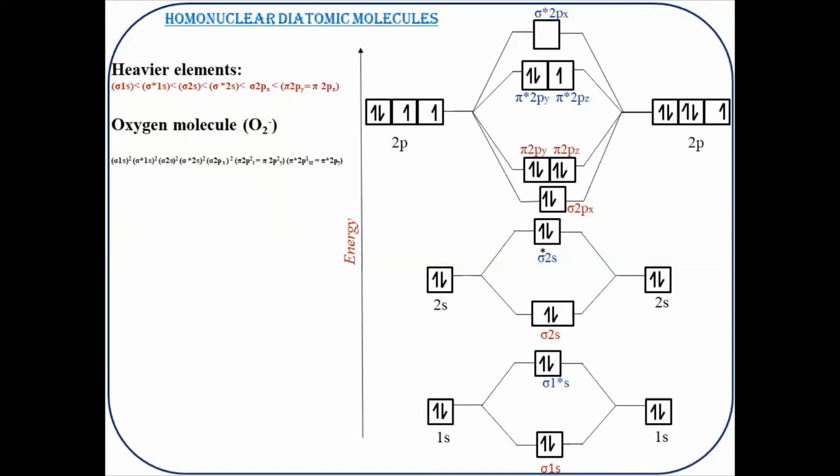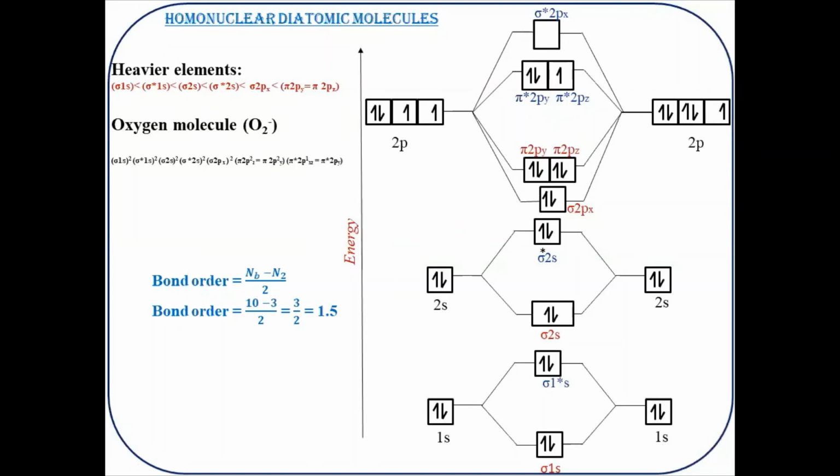Now the bond order, if we see over here, comes out to be 1.5. Alternatively, the bond order may be calculated using the formula (NB minus NA) over 2. It is NA, not N2, which is a mistake over here. So this corresponds to a bond that is intermediate in length between a single and a double bond. So the superoxide ion has an unpaired electron and is therefore paramagnetic in nature.